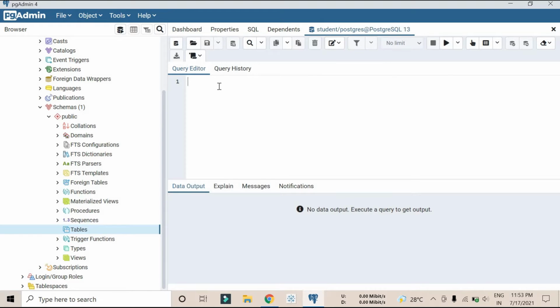After that you can click this part here, and it will give you a query editor in which we are going to type, and in the data output we're going to get the output. This is the button used for running, otherwise you can use F5 also. There is also a file option, you can open your file and execute it. I will try to explain each and every part that I'm using in this video so that you can get a very clear idea. In the upcoming video I will tell you about comments, but let me use it once: if you give a double hyphen here, it's a single line comment.